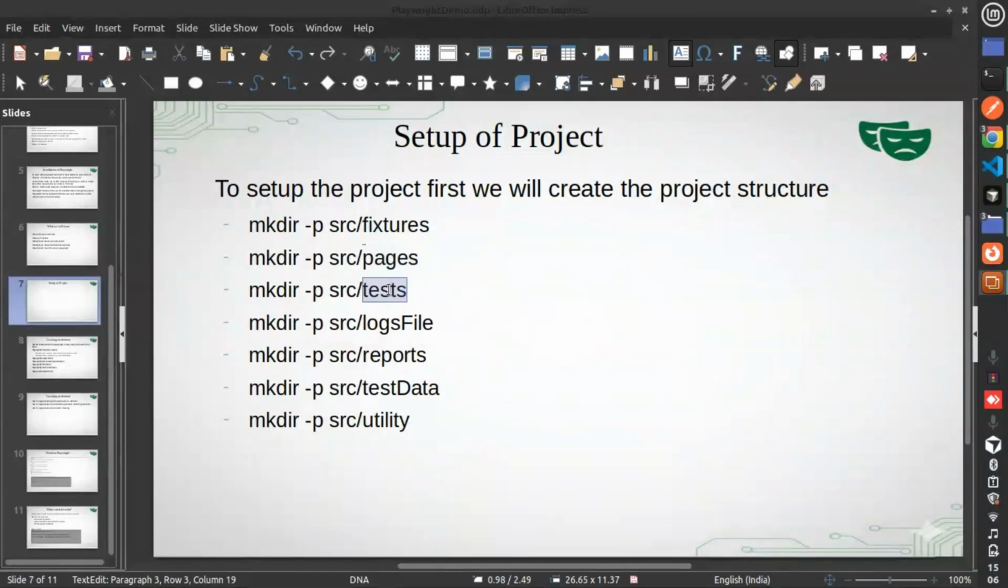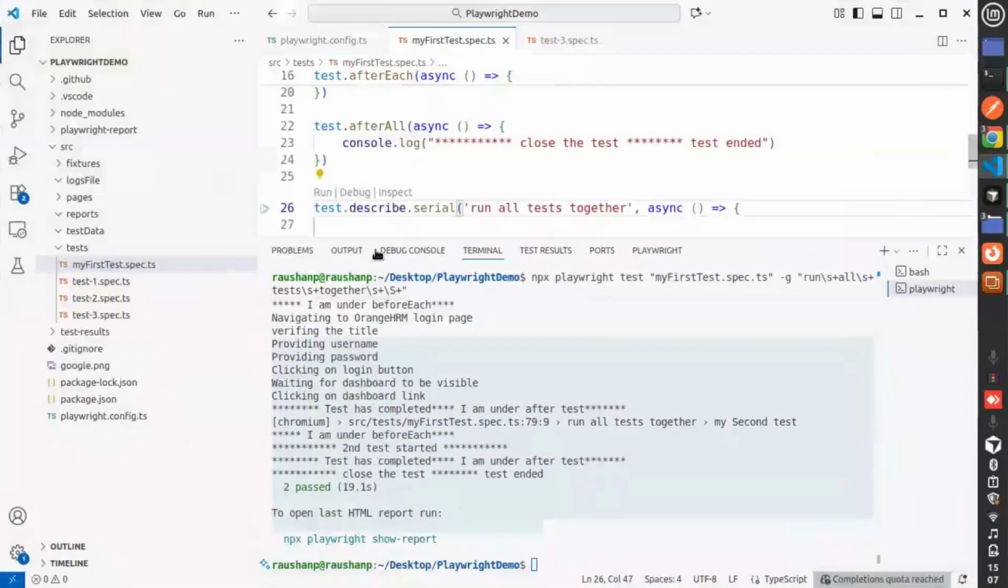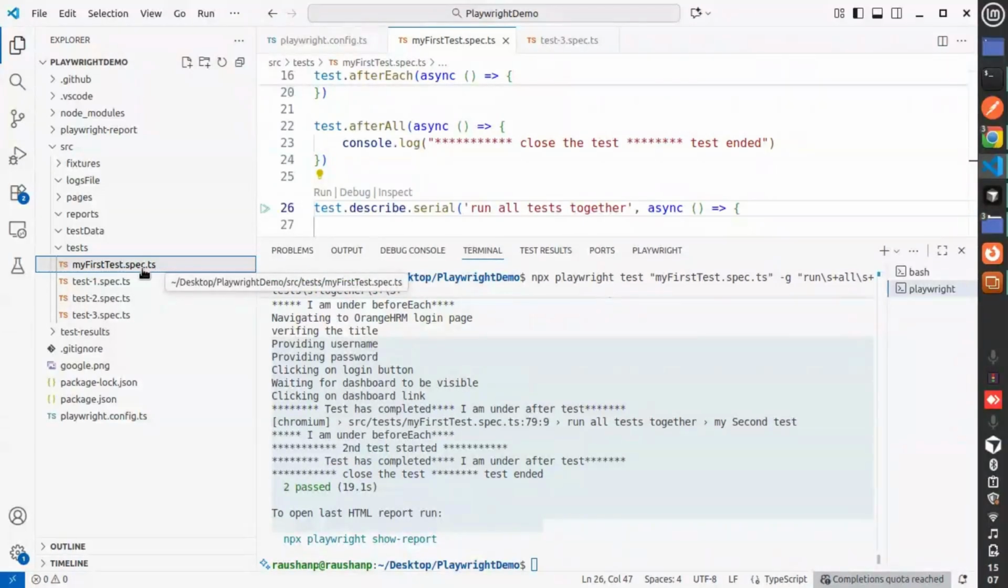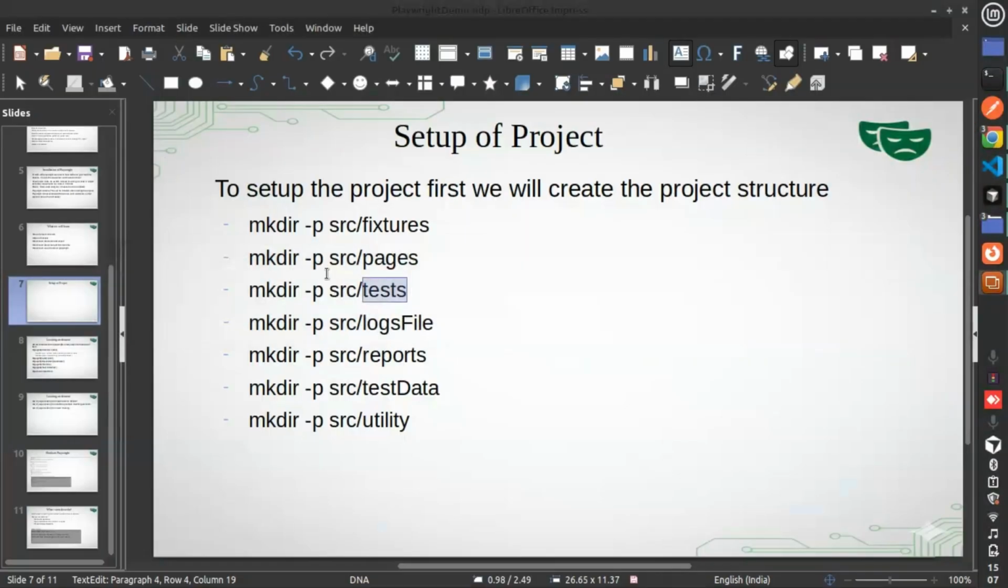Now we want the third folder with the name of test, where we will keep all the test files. Test file means the spec.ts file which we had seen in the previous demo. Each test in Playwright has the extension spec.ts. You can give any name and then .spec.ts. This will be our test. So I am talking about this folder only, which will be kept under the test folder,